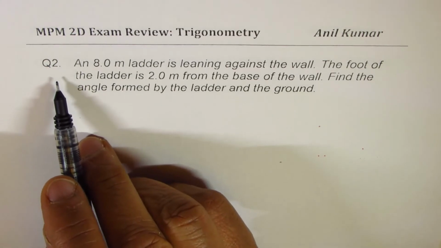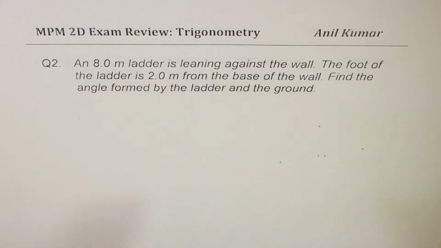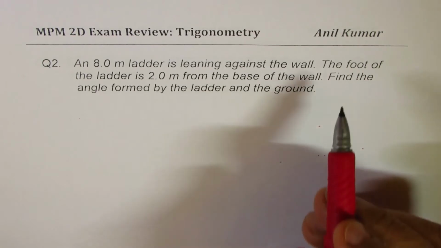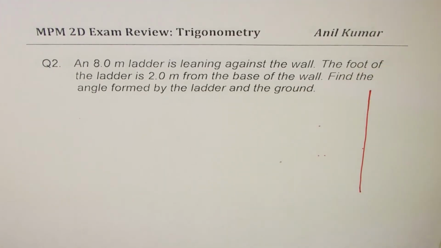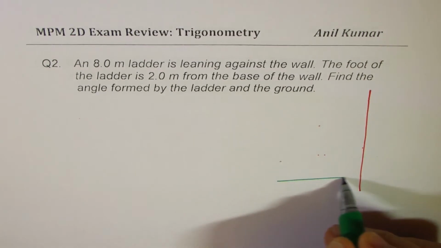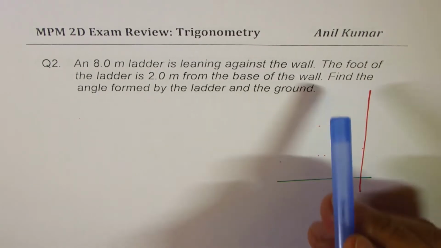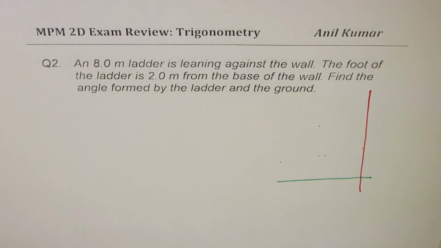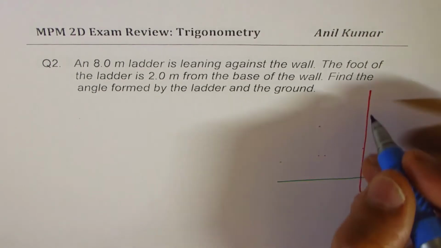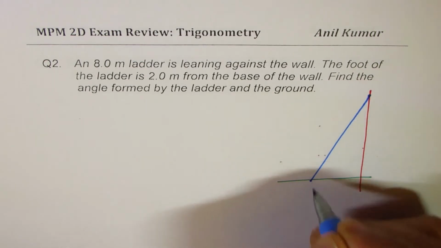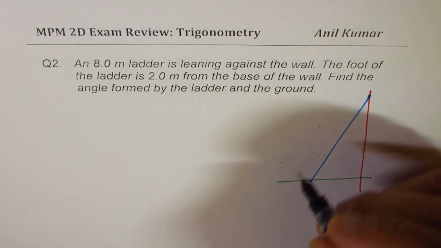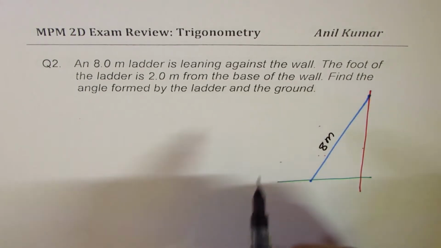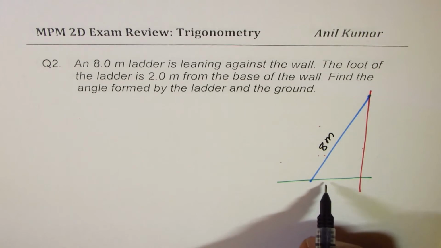Question number 2. An 8-meter ladder is leaning against a wall. The foot of the ladder is 2 meters from the base of the wall. So let's say this is the wall. Find the angle formed by the ladder and ground. Okay, so let's say that's the ladder. We know the length of the ladder is 8 meters. The foot of the ladder is 2 meters